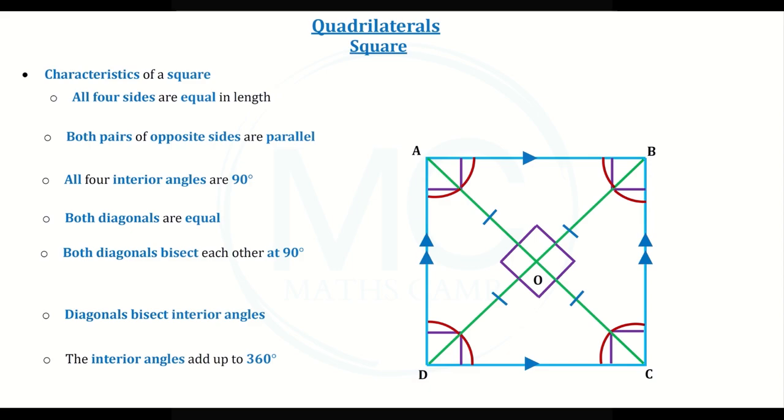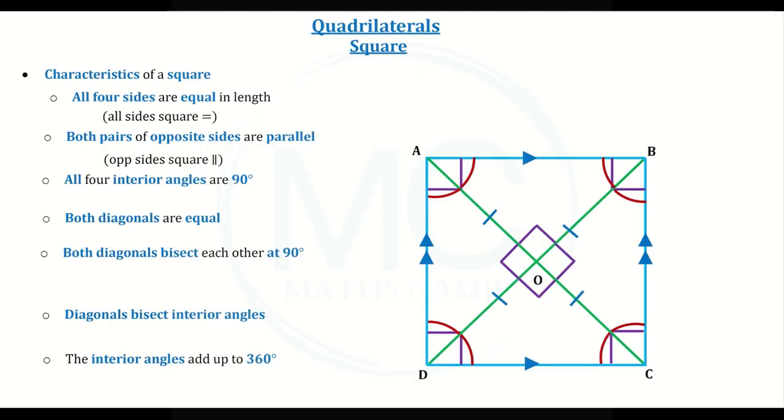When working with a square, we may need to use these characteristics as reasons to statements that we make, and writing the whole characteristic out word for word can be time consuming. So let's look at shorter ways we can write down our reasons. When stating that all 4 sides of a square are equal, we say all sides square, followed by the equal sign. To give a reason that both pairs of opposite sides are parallel, we say opposite sides square, followed by